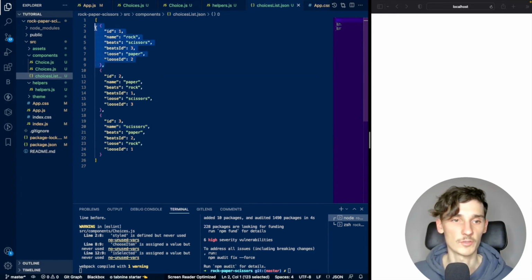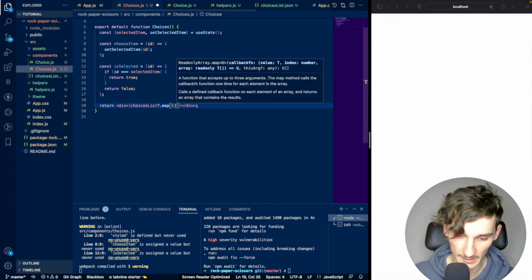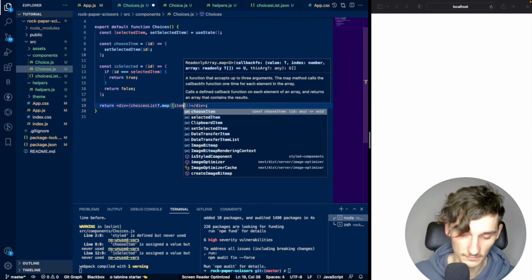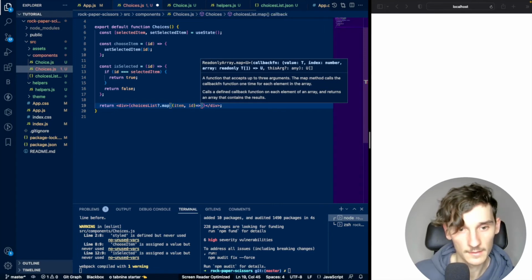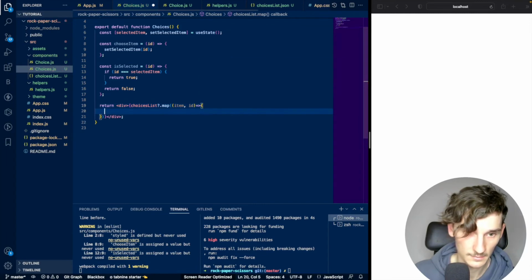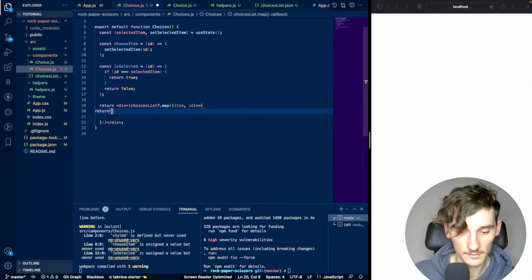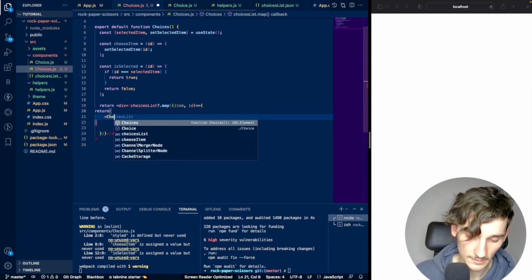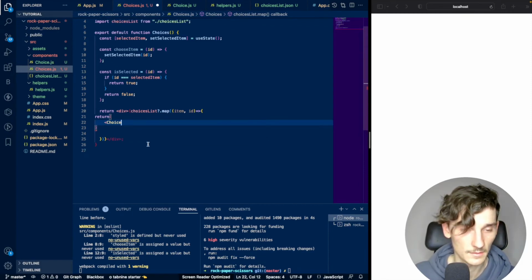It's an object, so the list contains 3 objects, and I'm going through that, like destructure it to the item and ID, then arrow function, okay, and I will return in the brackets the choice component, which will import,